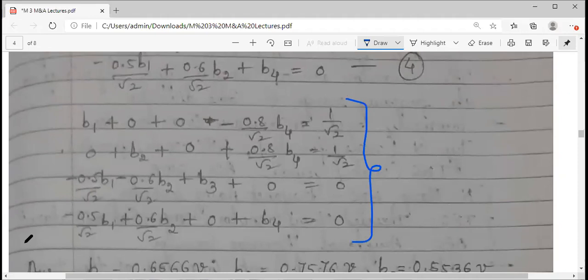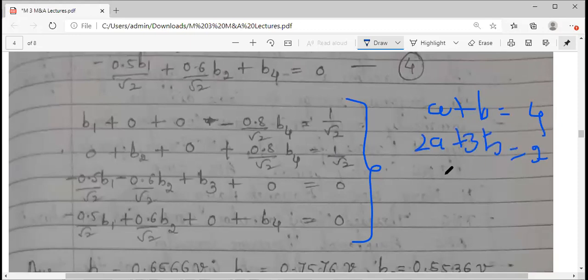Now, how will you simplify this? How will you simplify? Because अगर simultaneous equations में सिर्फ 2 variable हैं, तो you take like this, right? A plus B is equal to 4. Some example I am taking you. 2A plus 3B is equal to 2. ऐसा कुछ है equation. How you do? One time you add them, one time you subtract them. You get it. 2 equations हैं, 2 unknowns हैं. यहाँ पे कितने unknowns हैं? B1, B2, B3, B4. 4 unknowns are there. You have got 4 equations. They are equal, right? जितने equations हैं उतने unknowns हैं. But how will you find this?